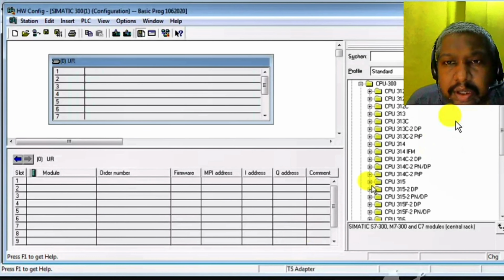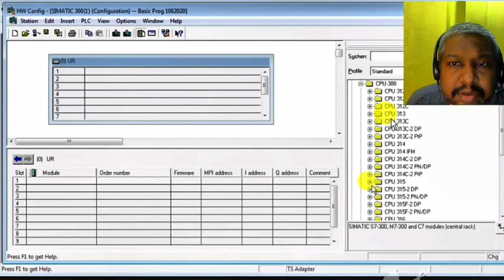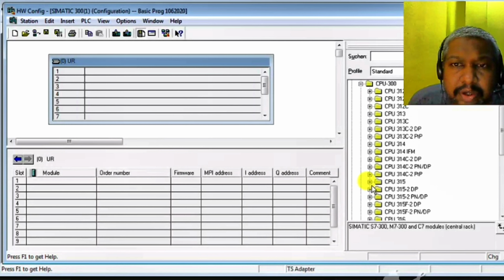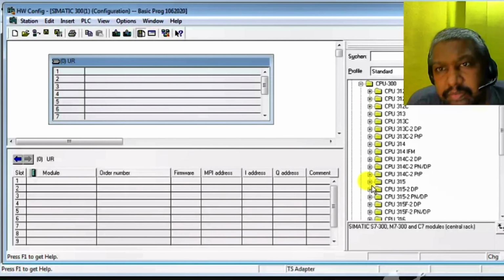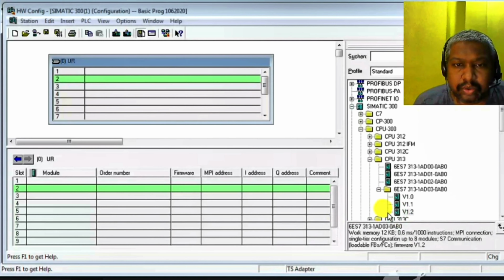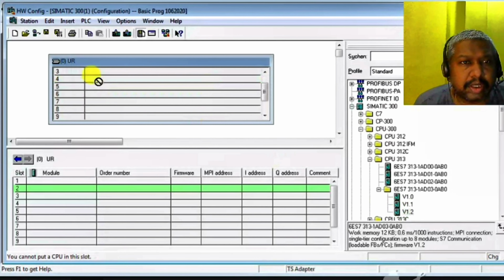Here are a number of CPU 300 types: CPU 313, 312, 314, 315. Whichever we require, we insert. Now I want 313, so I insert 313. Go to the 300 station, CPU 313, select version 1.2 and insert it in the rack.